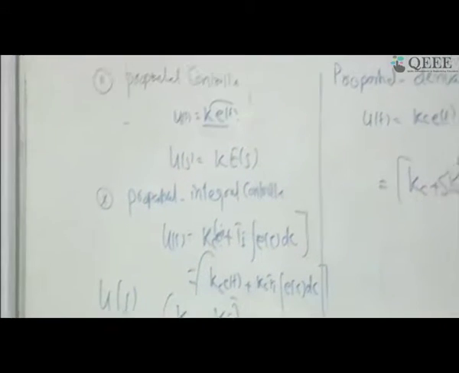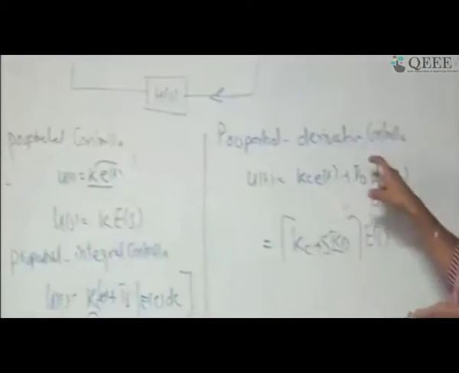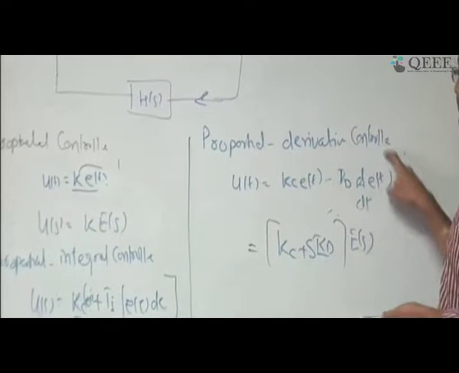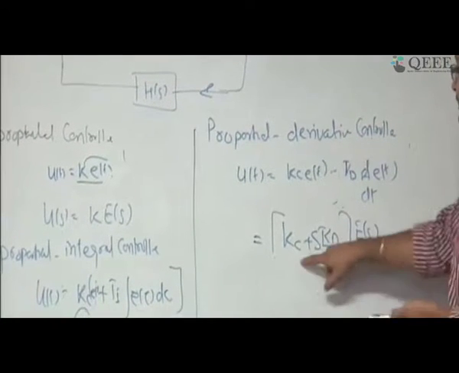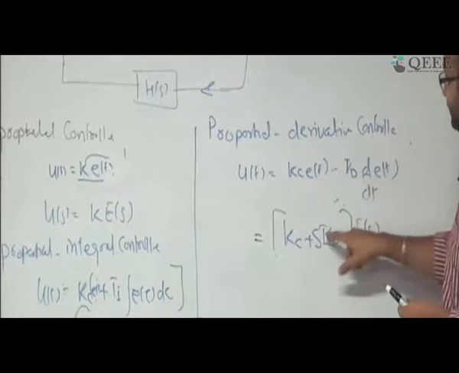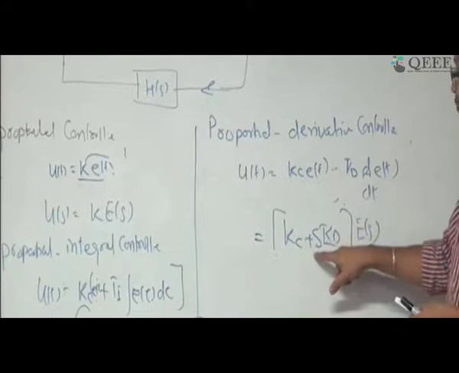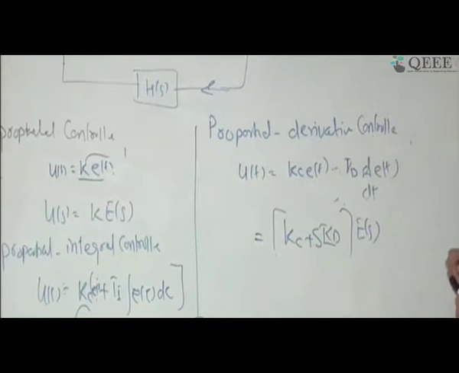And proportional derivative means there are going to be two terms, proportional plus derivative, because you are taking a derivative of the error. So the entire term is going to be Kc plus Kd s. You know that if you take a Laplace transform of a derivative term, it is going to be s E(s). That's why it has come. All of you must be aware of this from the fundamentals of Laplace transform, which we have done.